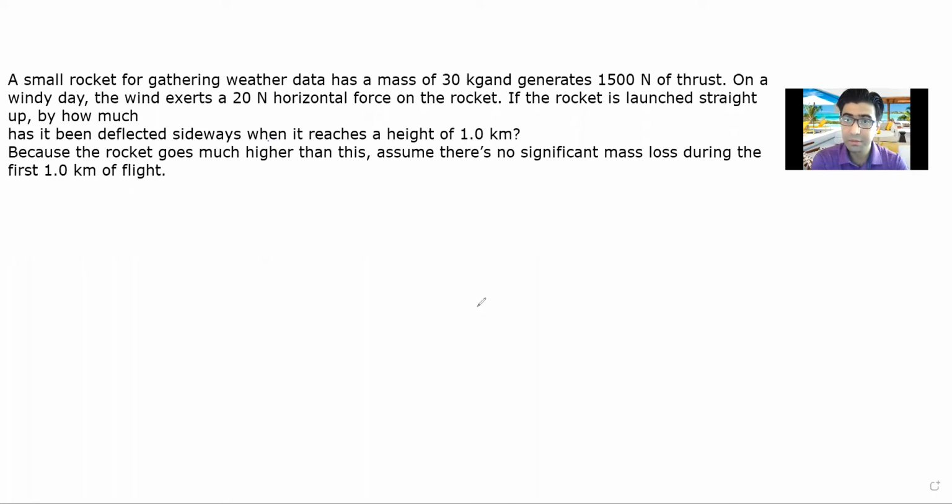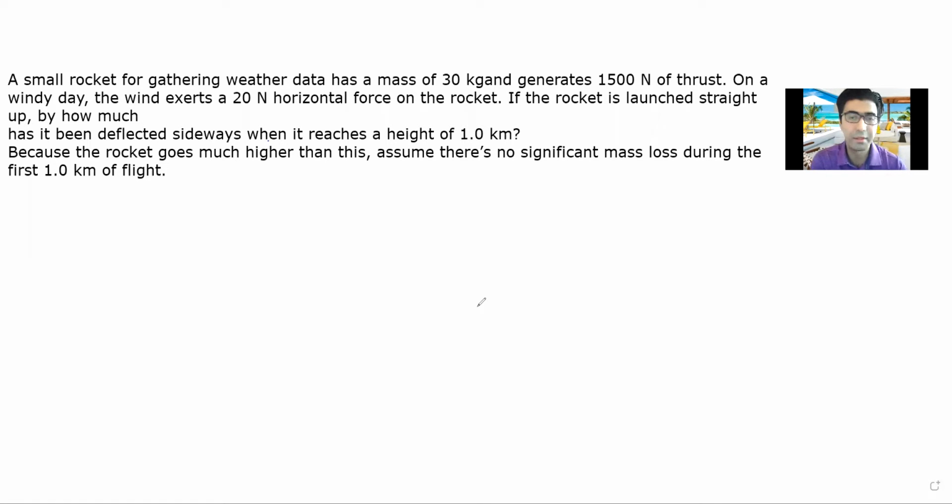If the rocket is launched straight up, by how much has it been deflected sideways when it reaches a height of 1 kilometer? Because the rocket goes much higher than this, assume there's no significant mass loss during the first 1 kilometer of flight. So what we need to do in this case is write down all given information at first